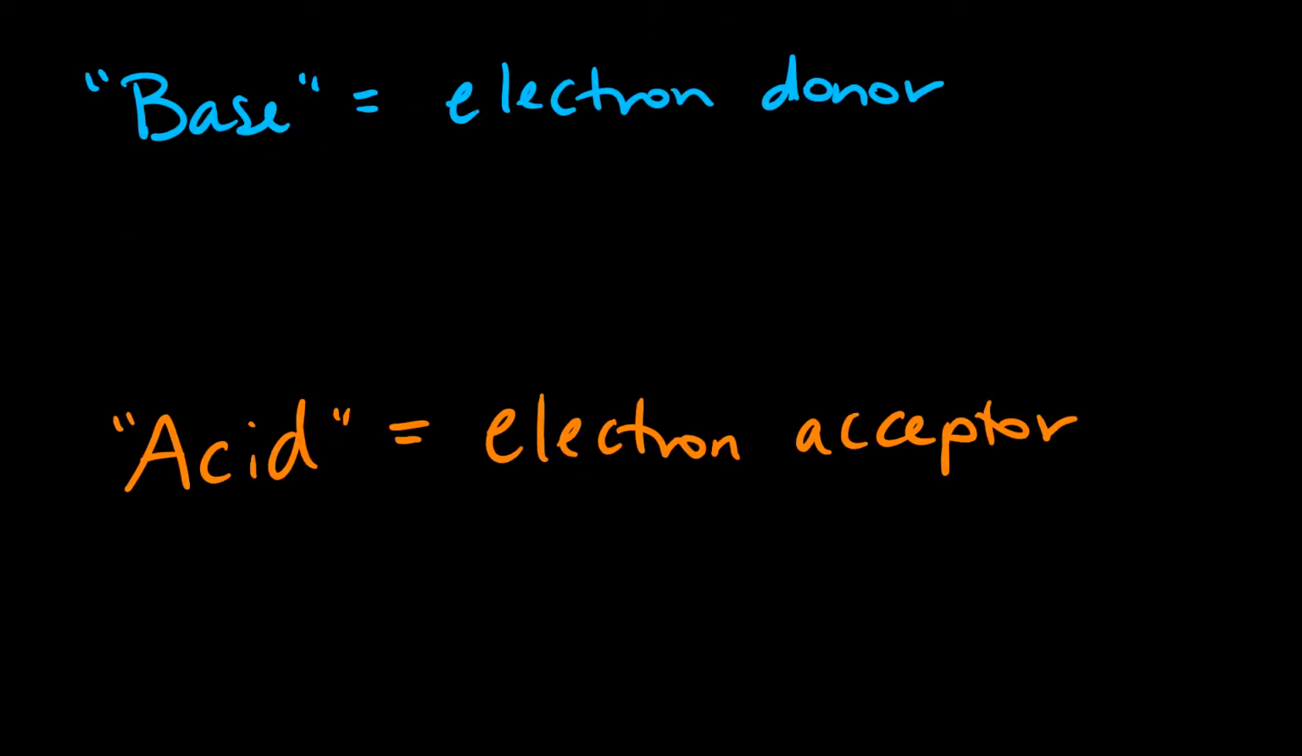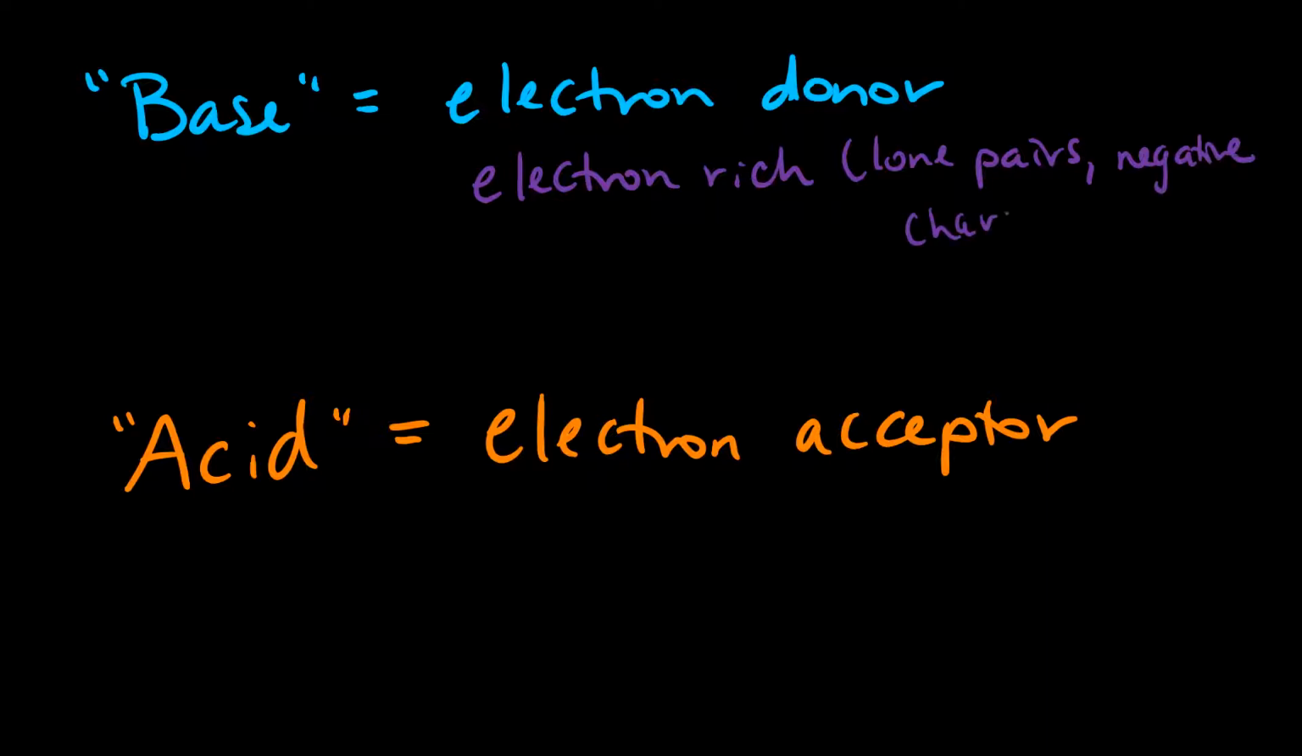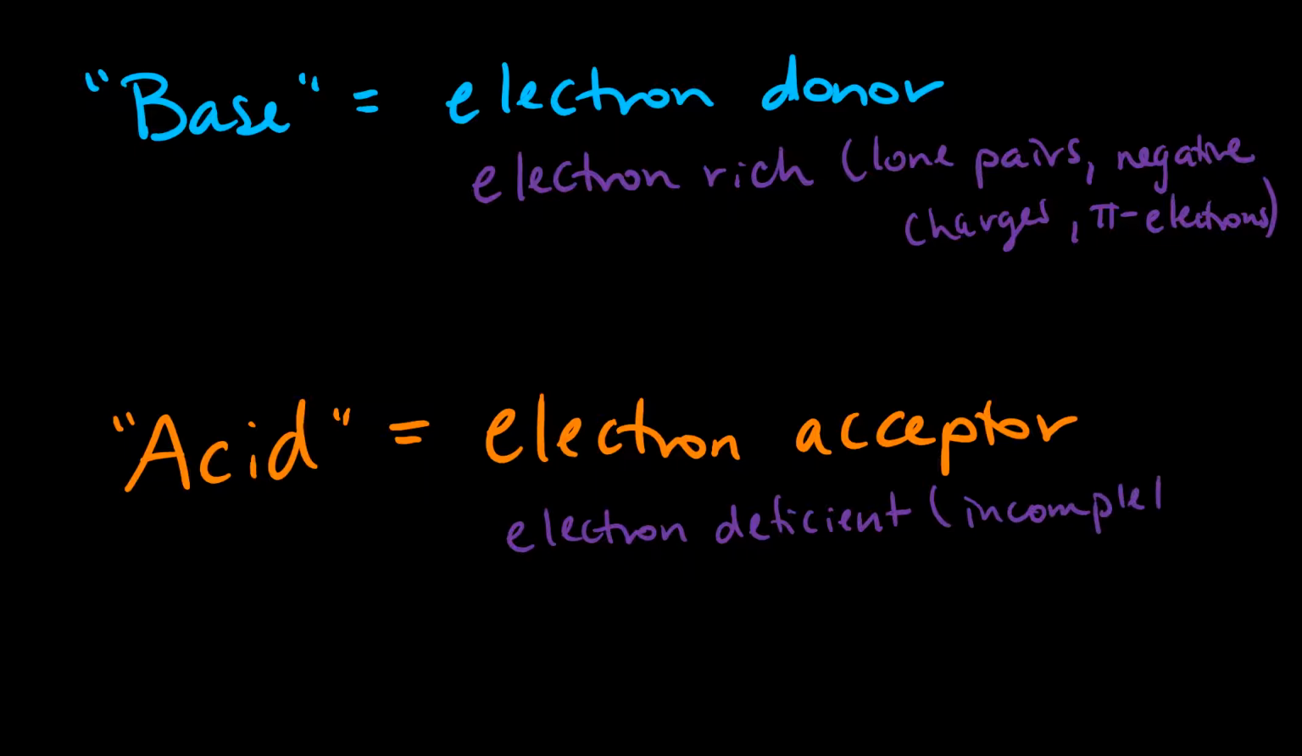So to recap, when we are looking for a base, we're looking for an electron donor. And these are typically species that are electron rich. So we went over lone pairs, negative charges, pi electrons, etc. And acids are electron acceptors. These are going to be electron deficient. So we're talking about incomplete octets, positive charges,